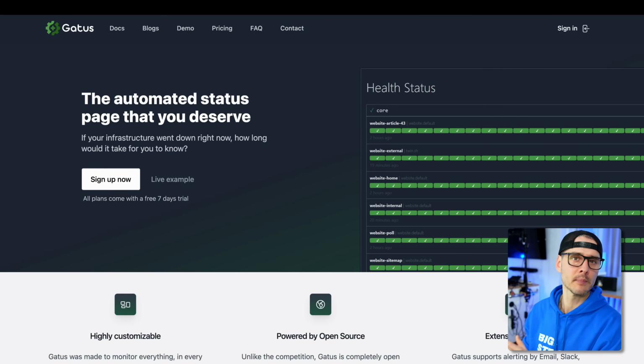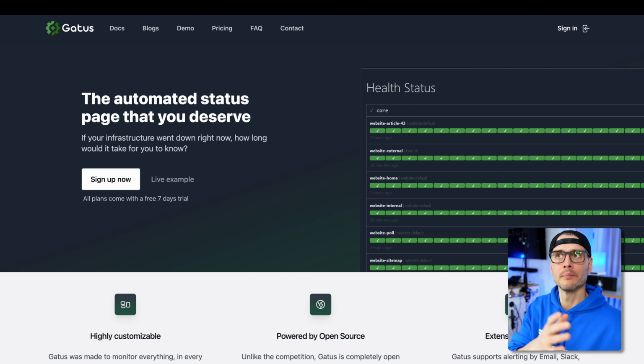I did use Gaddis for a little bit, and it's a great monitoring system, a little bit different than Uptime Kuma. I think it has more of a developer lens on it. But the nice thing about Gaddis is that it's stateless. So you manage all of the configuration and code with YAML, and that will configure all of your uptime monitors that way. So you're not doing it through a UI. So pretty cool for Kubernetes because you can use a config map for the configuration, and then it's totally stateless, and then you can scale it and you don't need to worry about storage.